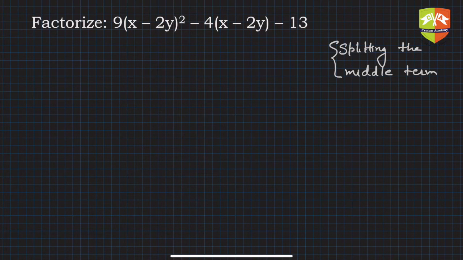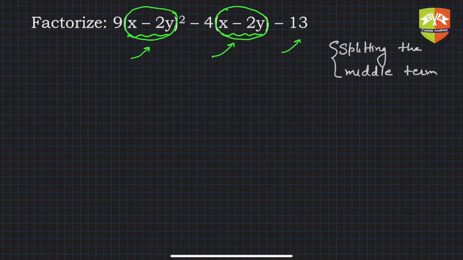Why does it look suitable? Because if you see carefully, this is (x minus 2y) whole squared, and here is x minus 2y. If you group it like that, don't you think there is a square term, then a linear term, and then a constant term? So this is the square term, this is called the linear term, and this is the constant term. So it is a perfect case for splitting the middle term if you have the same entity, that is, the encircled entity should be the same.